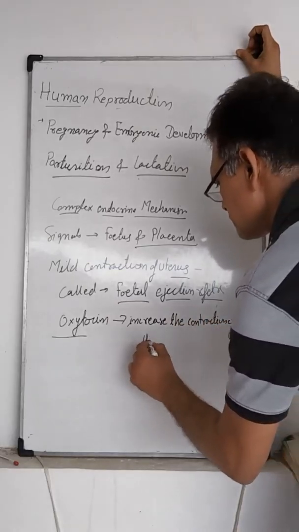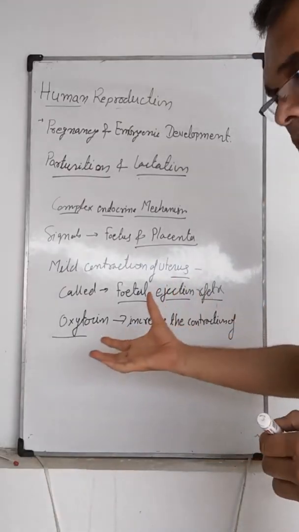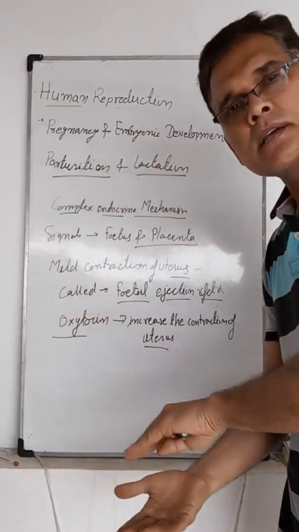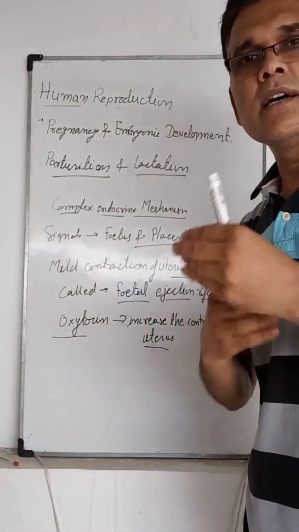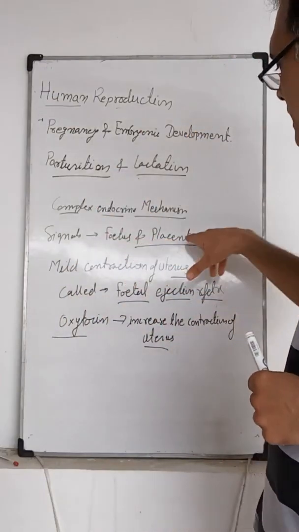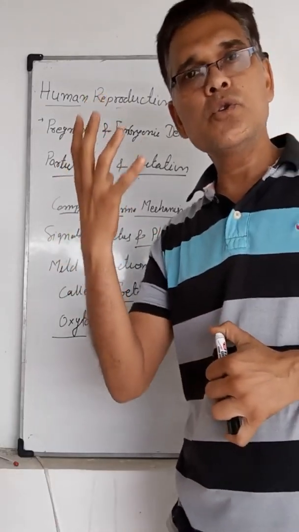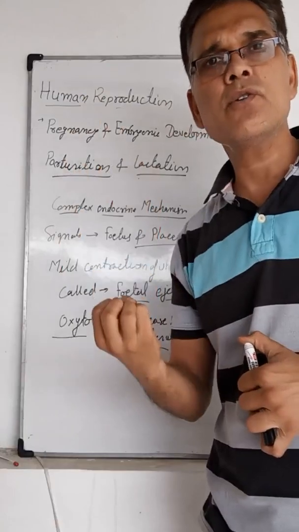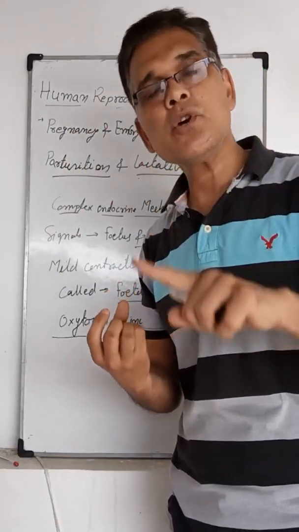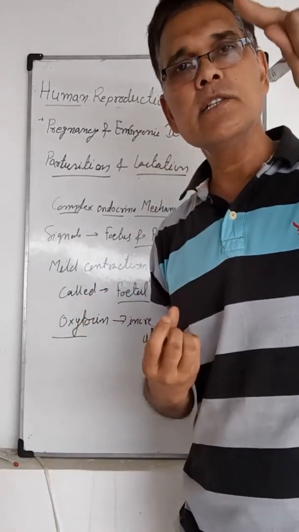Uterus. And again that uterus will contract, which again increases the oxytocin, and oxytocin again increases uterus contraction. I mean, these are the two reactions. Initially, due to the fetus and placenta, the uterus wall contracts, and when the uterus wall contracts, the pituitary gland secretes oxytocin. Oxytocin again helps in the contraction of the uterus, and contraction of the uterus again triggers the release of oxytocin.